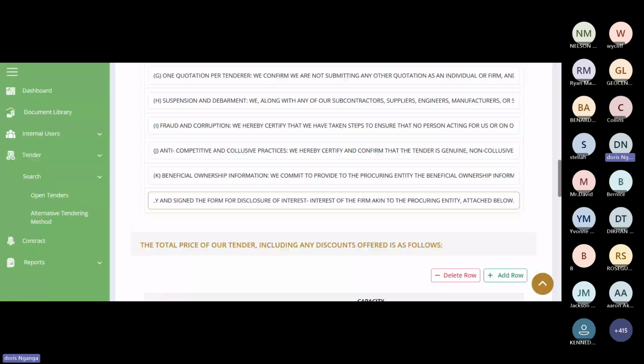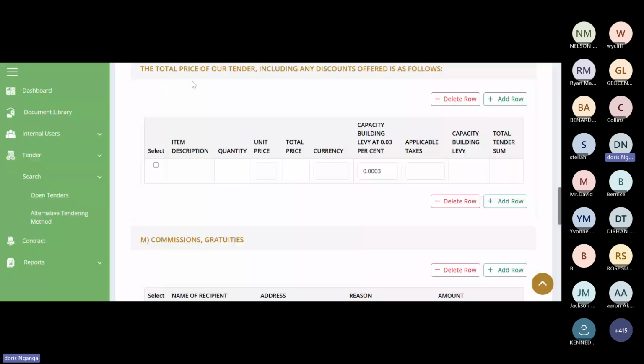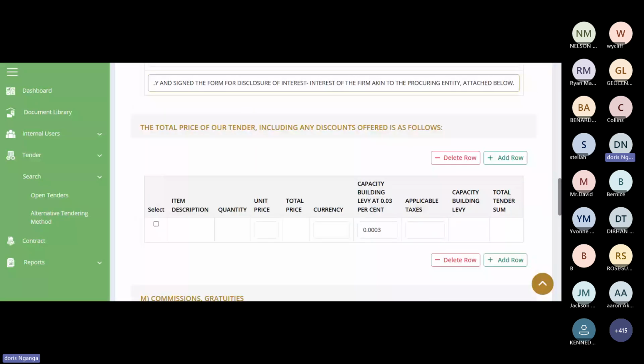So the total price of our tender, including any discount offered, is as follows. Remember our tender had 2 items. The first one was the printing paper, and the other one was the automobile or right track tires. At this training, we are in the training environment.